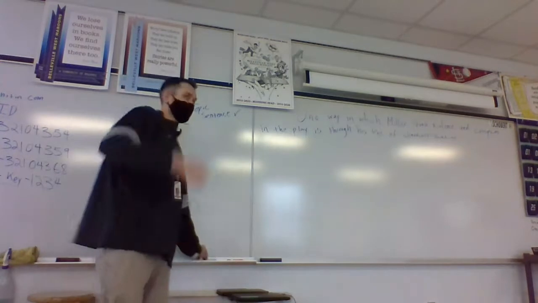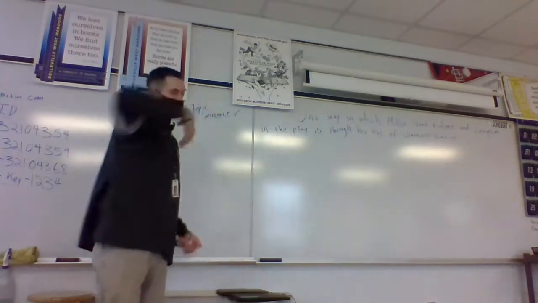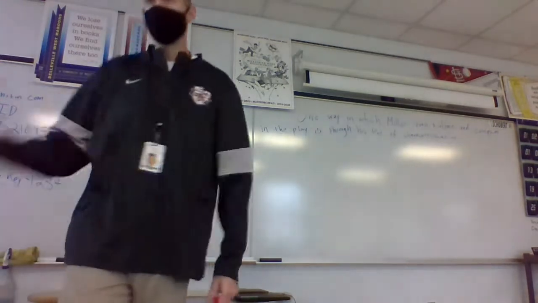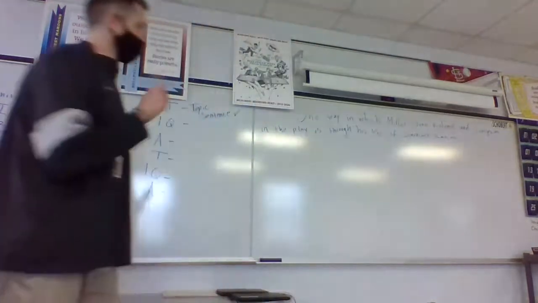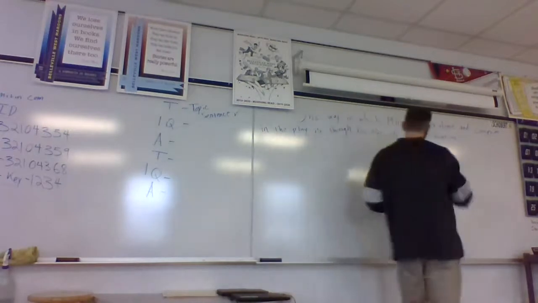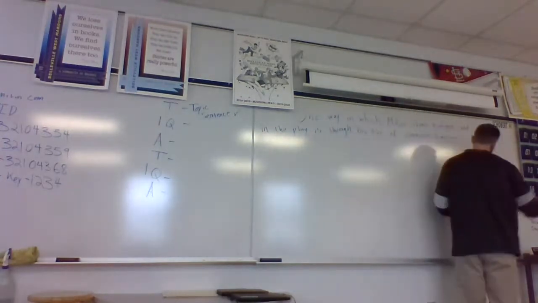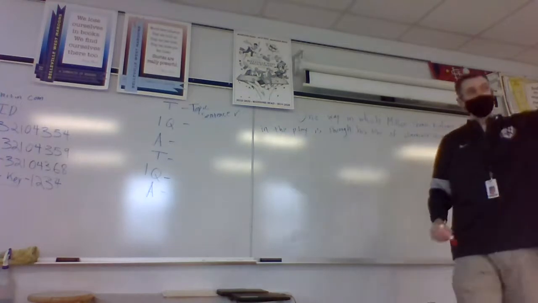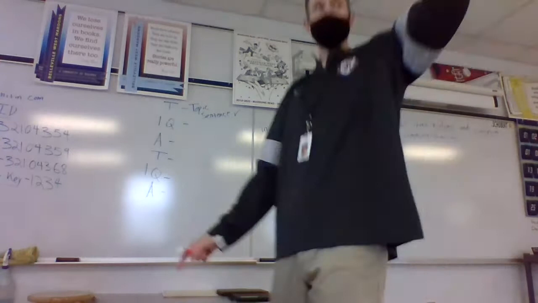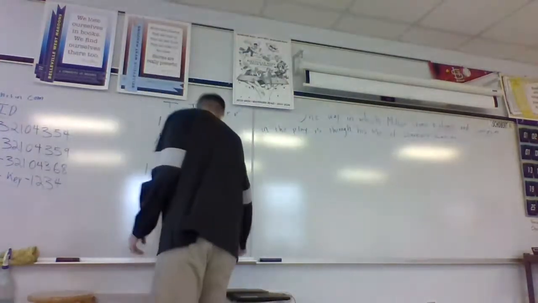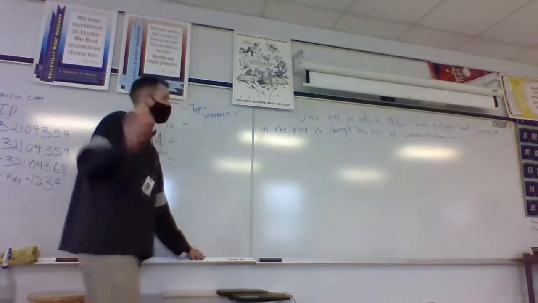And ultimately, in a good topic sentence, and that's not perfect, this paragraph isn't going to be perfect, by the way, too. This is why I do it in front of you. Same thing with yours. It's a first draft for a reason. But it's kind of clunky. I said, one way in which Miller shows violence and corruption in the play is through his use of characterization. You should be able to underline some of the same keywords you have underlined in your thesis in all of your topic sentences. Because that's ultimately what you're doing in this essay, you're proving that thesis with this stuff. Everything has to connect. Everything has to add up. Okay. So now I got my topic sentence.